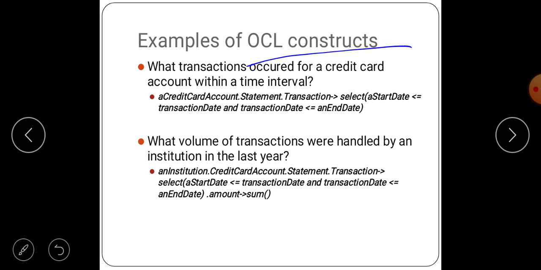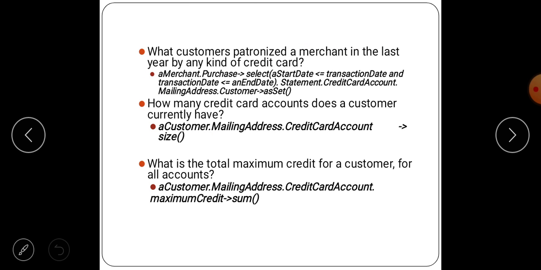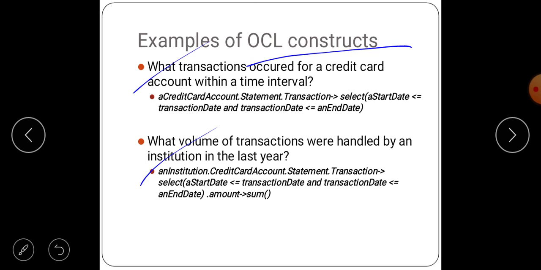Using one diagram we are going to discuss some questions like these. What transactions occurred for the credit card account within a time interval, the value of transactions handled by an institution in the last year, and what customers patronized a merchant in the last year by any kind of credit card. Like this, we are going to discuss how navigation will occur. We will see it with an example in the next class.